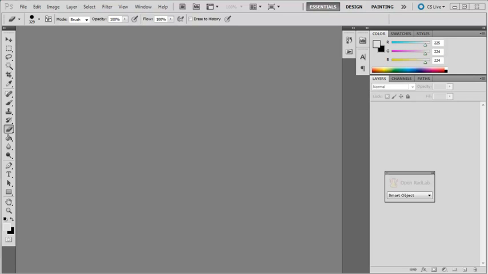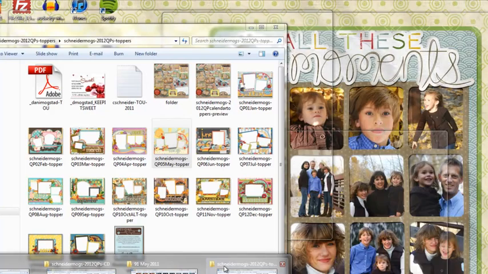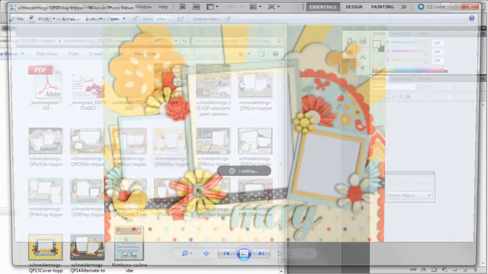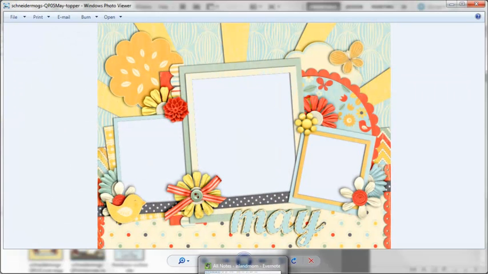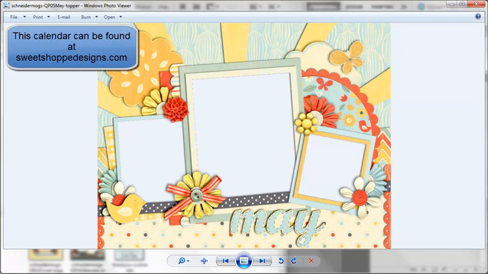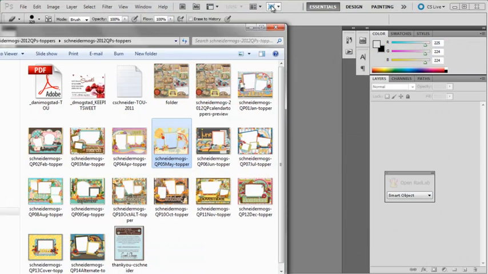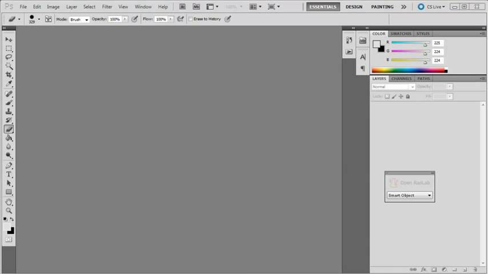So the very first thing that I do is go in and take a closer look at the calendar page that I want to use, and I'm doing toppers here. So we're going to take a close-up look at what I'm using. I'm using a calendar here by Cindy Schneider and Danny Mogstad. I really like their calendars. And so I can take a look at it and figure out what kind of photos I might need, what orientation I might need. And then the next thing that I'm going to do is go into my photo folders,